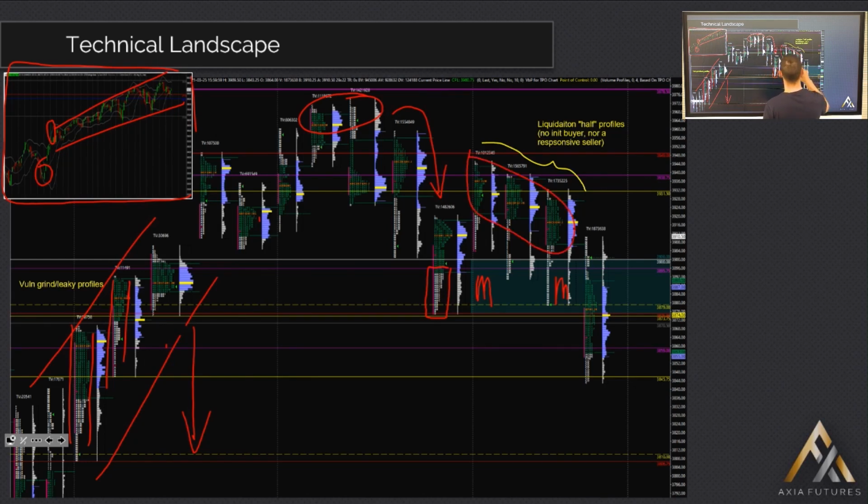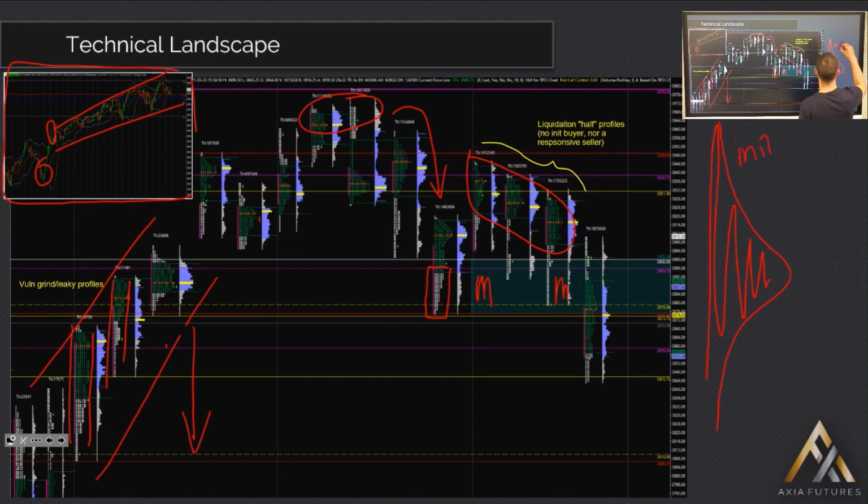I've called these, up here in my notes, liquidation half profiles. And basically, a good profile or a balanced profile does something like this, right? And that creates your normal distribution. And up in this top half, you've got your initiative buyer and your responsive seller. Now down at the lows, you've got your initiative seller